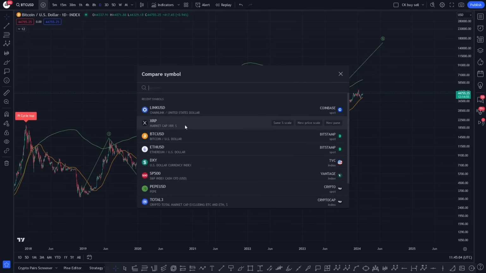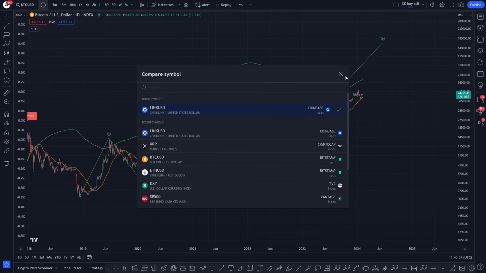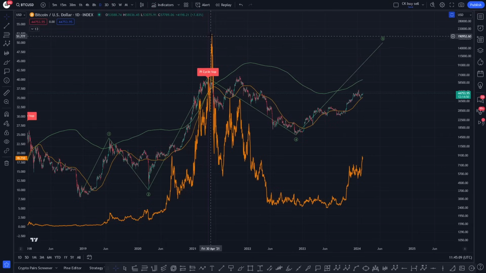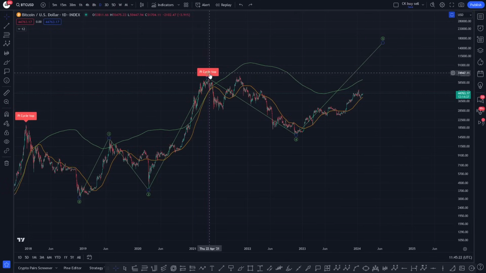If we take a look, for example, at Chainlink right now. From this point here, Chainlink came down in the A wave, the B wave made a lower high, and then dropped in the C wave. And right now it looks like you've got a massive impulsive move emerging right here for Chainlink. Okay, it's doing really well. Obviously there are many other coins at this point as well that came down, made the A, the lower B, and they dropped in the C.